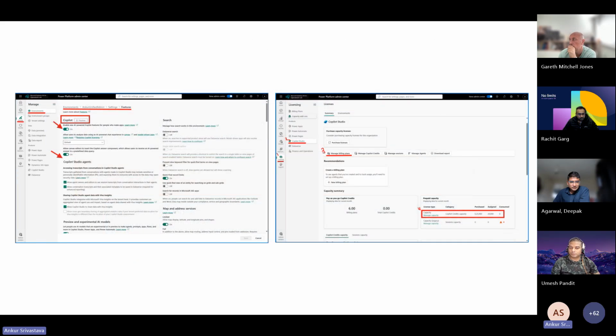Here, I'm sure the screen is visible. The first point we always talk about is that we have to go to the Power Platform Admin Center. Here you can see that we have to go to the features, in your respective environment. Right now, you can see that the reference environment is Ankur Unified Admin. In the settings, you have to go to the features and enable Copilot if it is not enabled. The second part we talked about is that you should buy the billing plans,